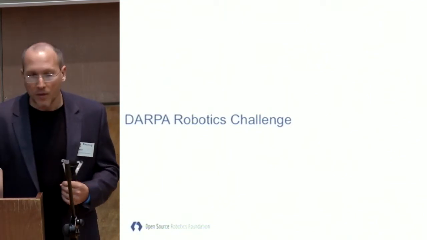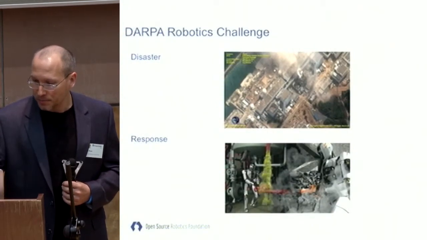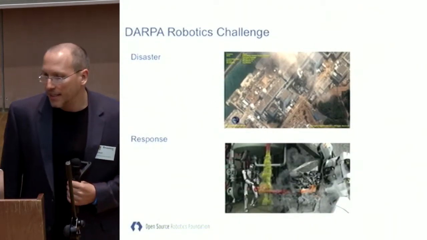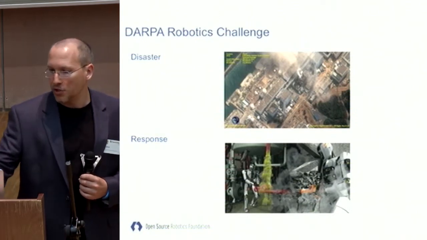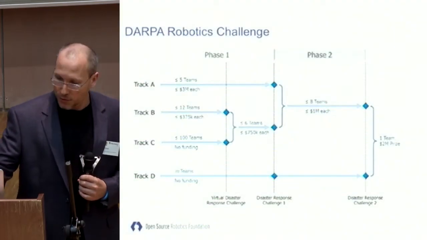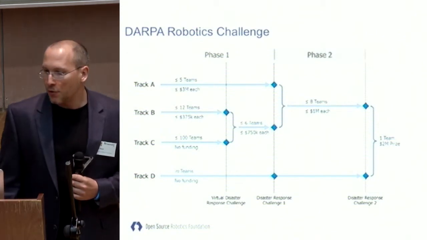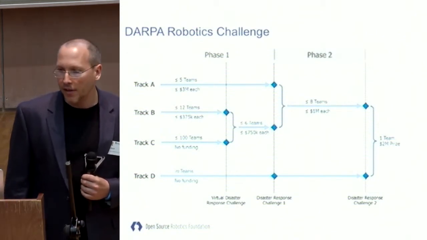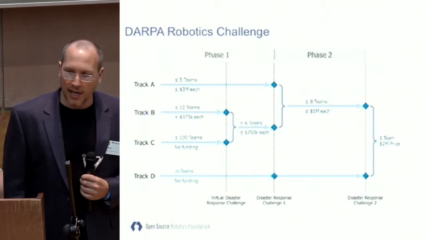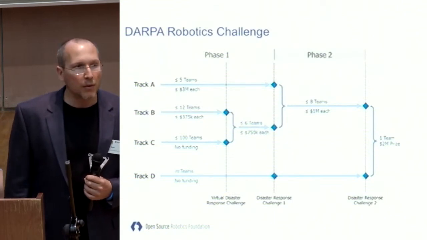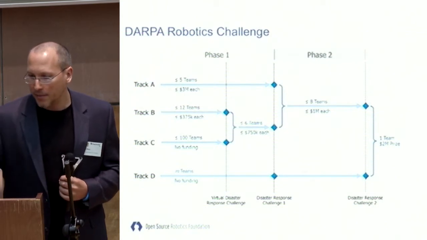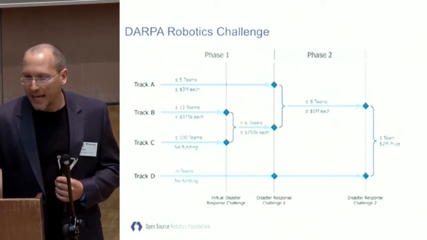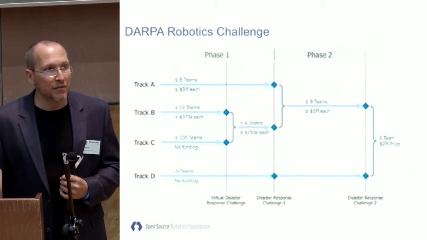So, why did we build CloudSim? We built CloudSim for the DARPA Robotics Challenge. DARPA has a vision that eventually robots will replace humans in dangerous situations like the Fukushima disasters, and will actually be useful there. In order to accelerate the process, they've designed a two-phase challenge, which will involve real walking humanoid robots. Now, we're right about at the middle of phase 1, and there are about 100 teams that have registered